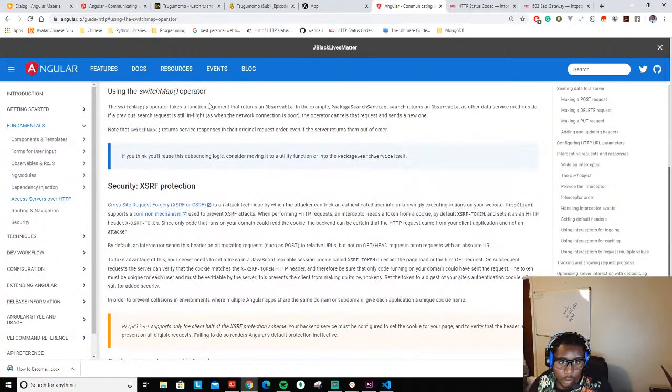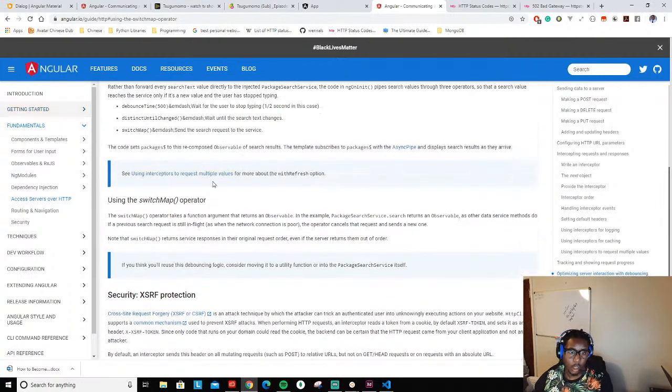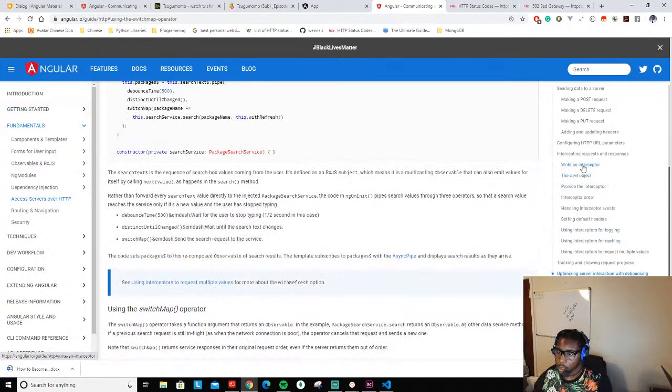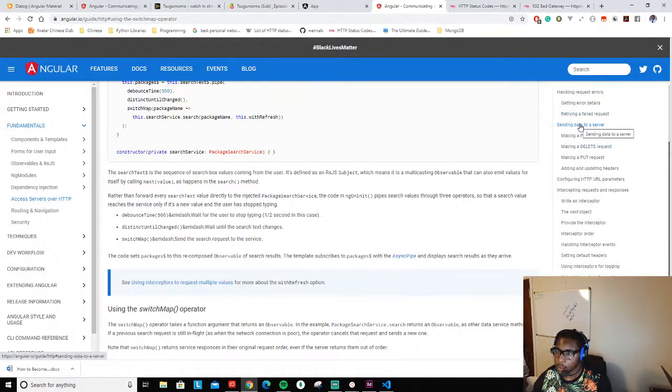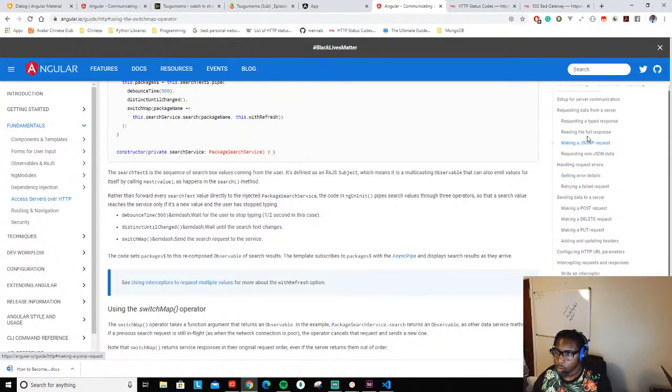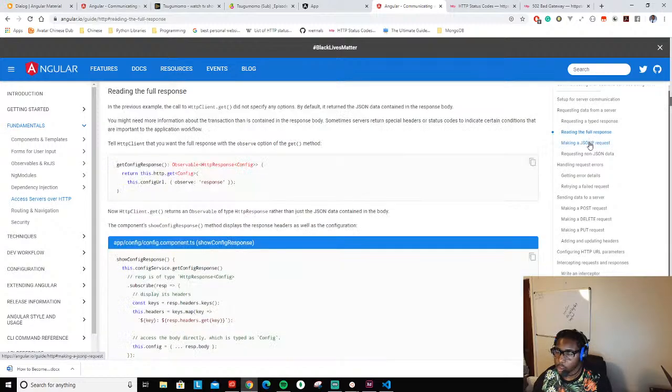Switch map takes a function argument that returns an observable. In the example, it returns an observable as other data service methods do if a previous search request is still in flight. Okay, so that's not what we want. Let's go, reading the full. Let's say